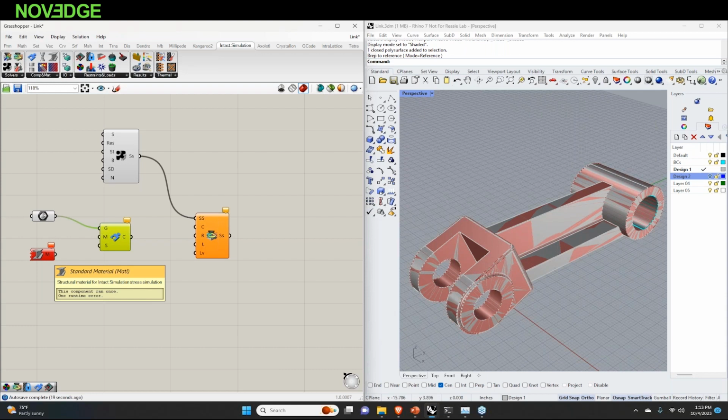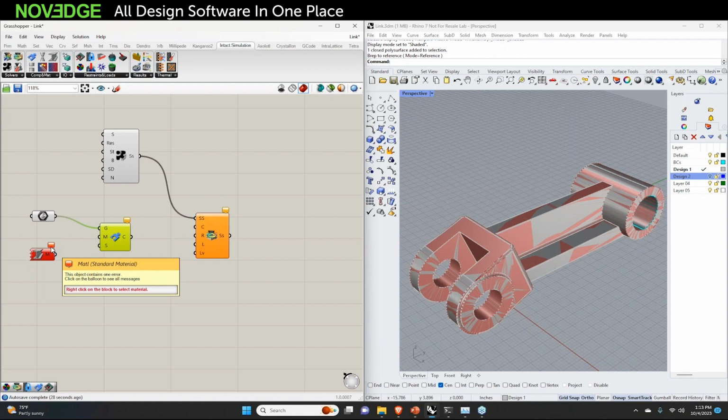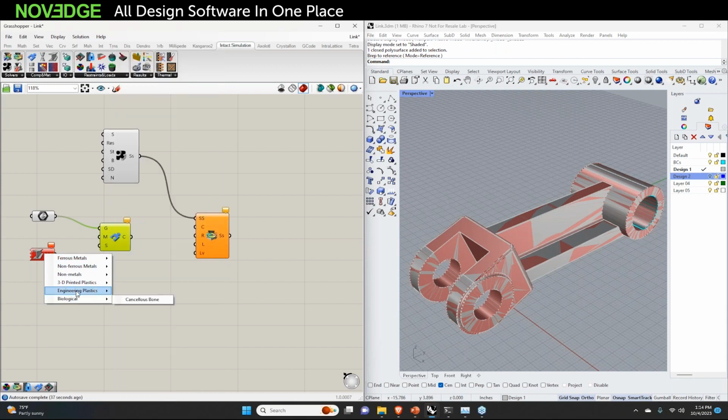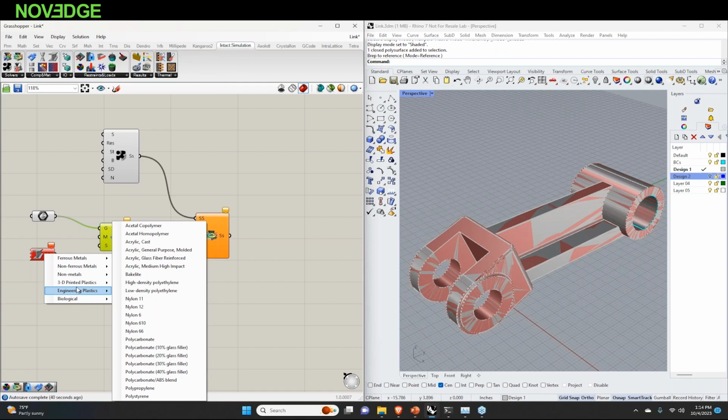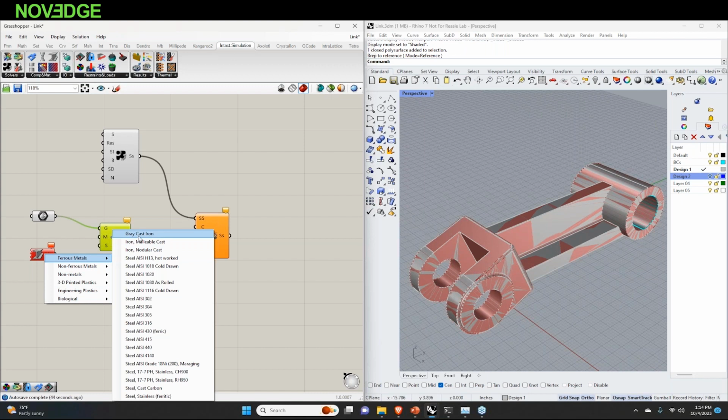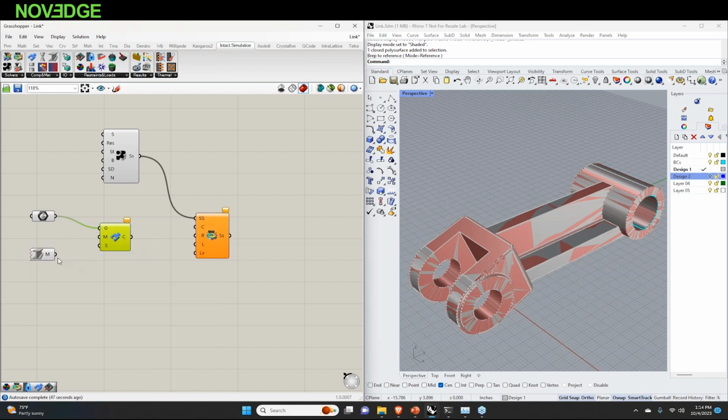Now we see here that the material block is actually red, and that's because I have to select a material. The help button actually says, right click on the block to select a material. Right click on the block, and for this I'm going to choose a gray cast iron. But there's a wide variety of different materials available, from 3D printed plastics to engineering plastics and non-metals. But for this, I'm just going to choose a gray cast iron. So that material has been selected, and we just want to input that into the component, and our component has